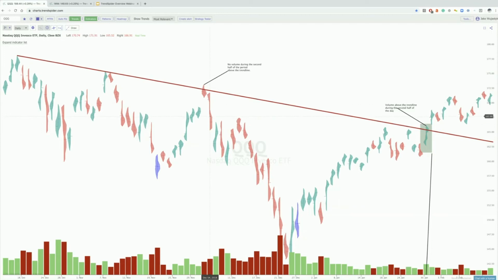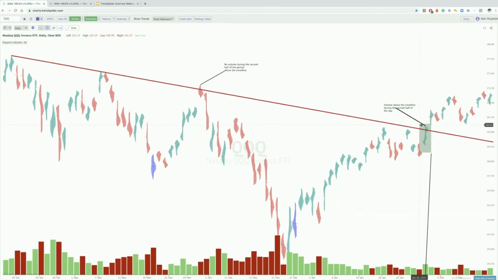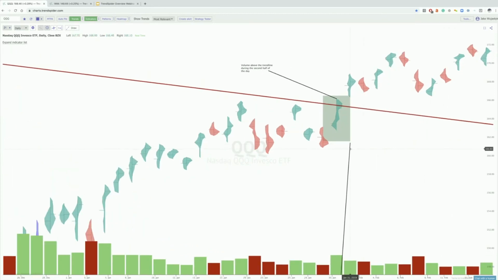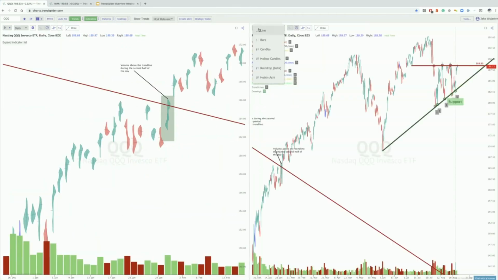Now compare that to the candle that actually broke out, and you can see something very different here. When we did break out of this trend line during the second half of the period, there's a big blob of volume here above this line. And this is a really cool example, if we split the screen and go to a hollow candle,